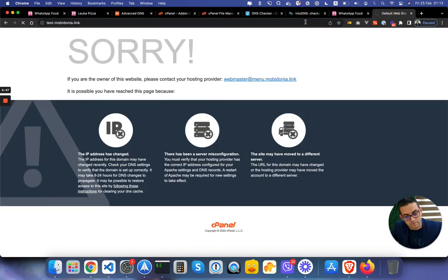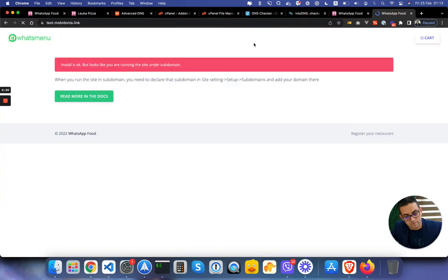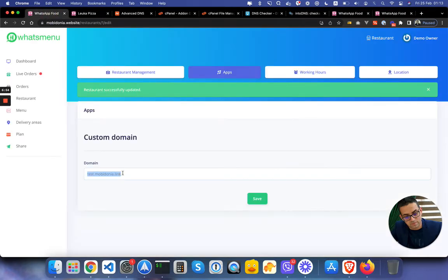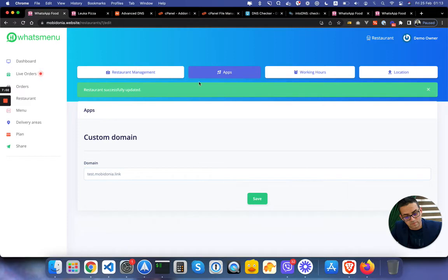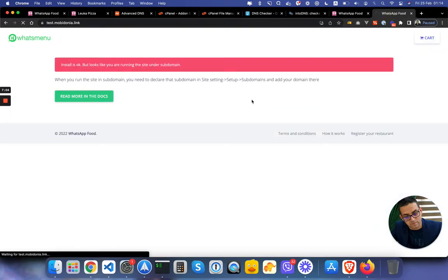If I open that domain, what I will be seeing is this error, because this domain doesn't belong to any restaurant. But as soon as I save it, Leuka Pizza has that domain, and if I refresh it, test.mobidonia.link,